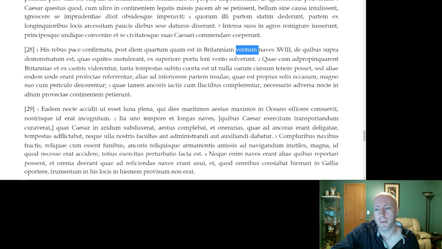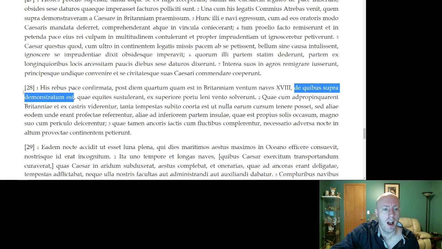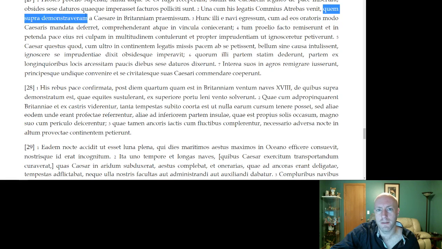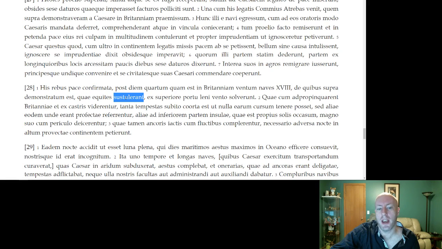naves duodeviginti, 18 ships. Now, this is not the subject of ventum est, right? Ventum est is singular, it's neuter because of ventum. So we have something about these 18 ships. We're not quite sure what to do with them. Let's find out. They could be subject, they could be the object, right? So 18 ships, about which supra demonstratum est, and here's this phrase again, right? About which it was mentioned above. Same exact pattern here, but instead of about which I mentioned above, about which it was mentioned above. He suddenly goes back into a passive structure here. The ships which had carried the equites, which had carried the cavalry,